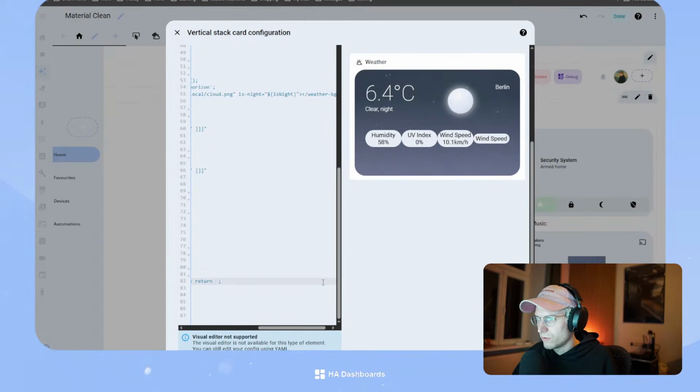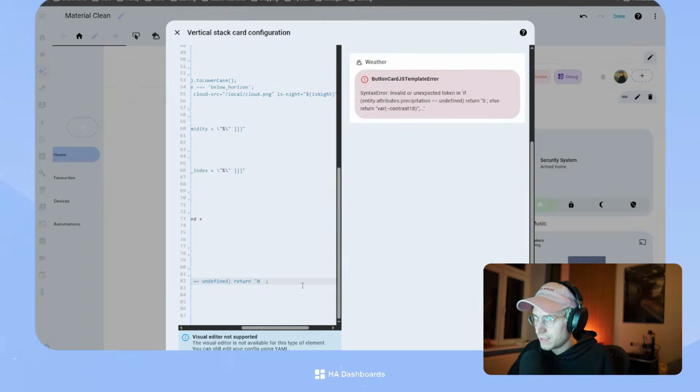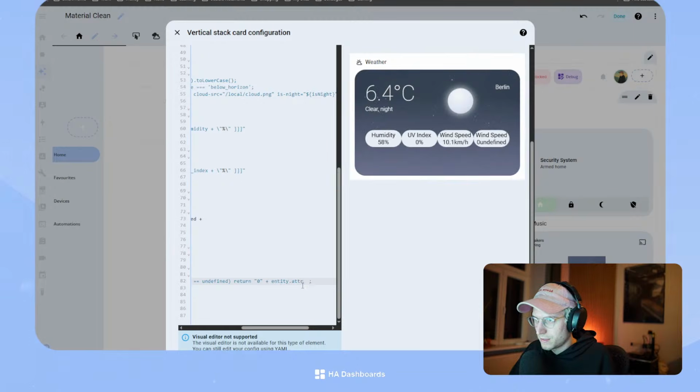Okay, then we return, if it's undefined, then we return 0 plus entity attributes dot precipitation unit,